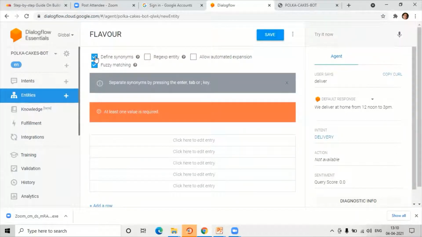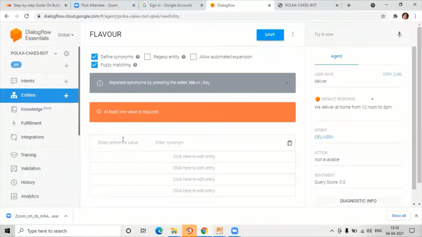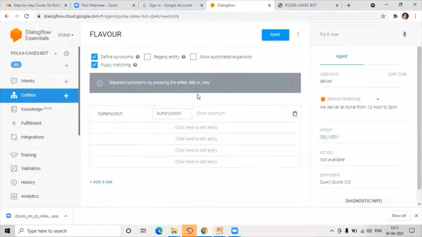You have to put a tick on these two. Now here I'm going to write the different types of flavors that I have in my shop. First is of course butterscotch. I press enter. These are the synonyms. Synonym refers to the different ways people can type butterscotch in my bot.